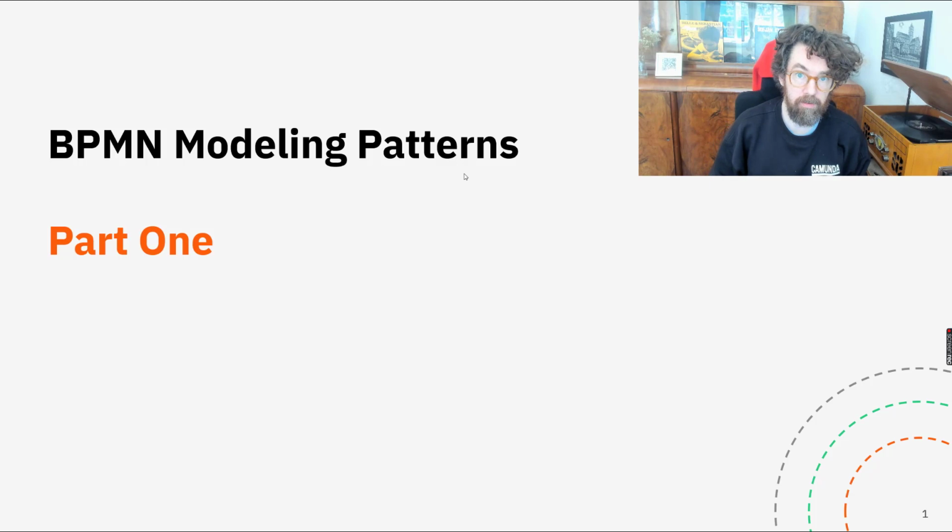Now, we've already discussed the various symbols we can use in BPMN and also some of the advanced symbols, but the more important thing often, after you've moved on from understanding the very basic symbols, is understanding how combining them in common ways can help you solve the most common problems you're going to find. A lot of processes have very, very similar patterns, and the ways of solving those problems in BPMN modeling have usually been solved, and there are some really good best practices around modeling the situational patterns. So this is part one of the video.